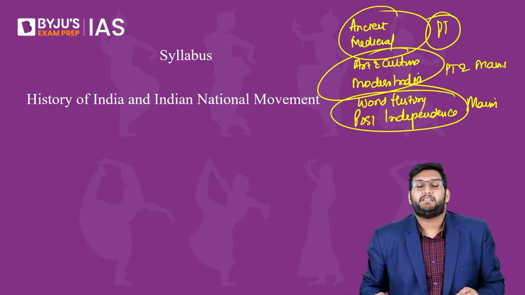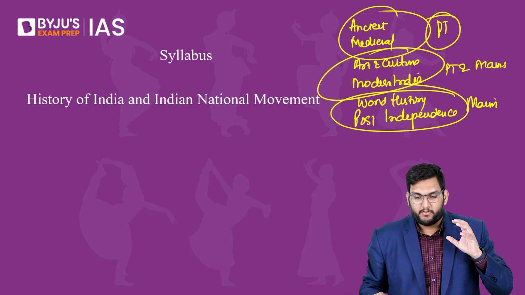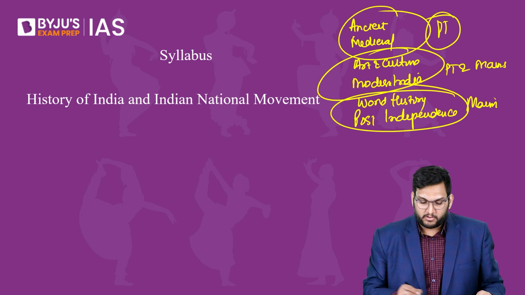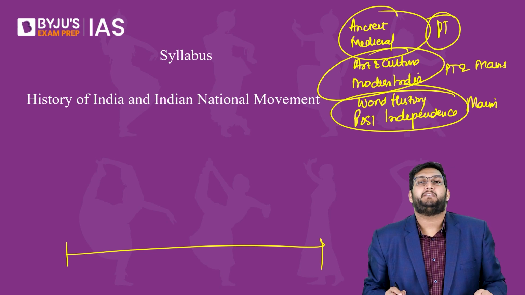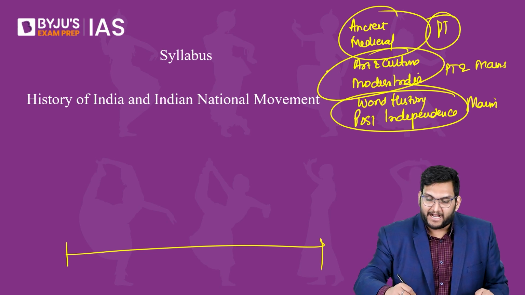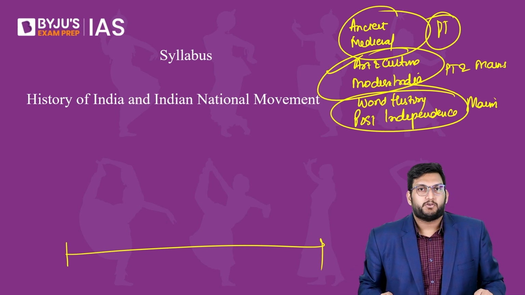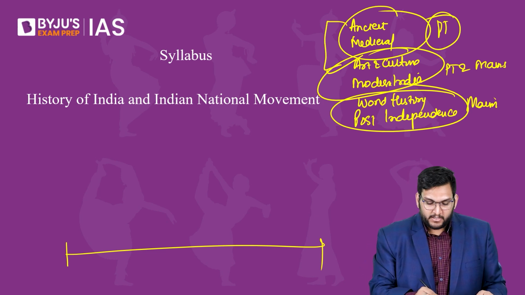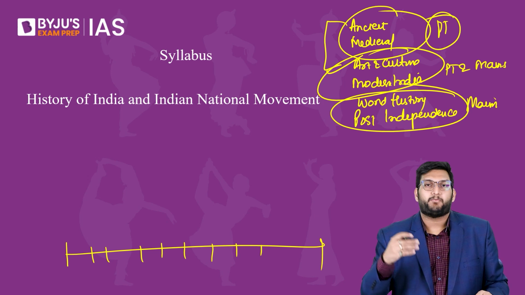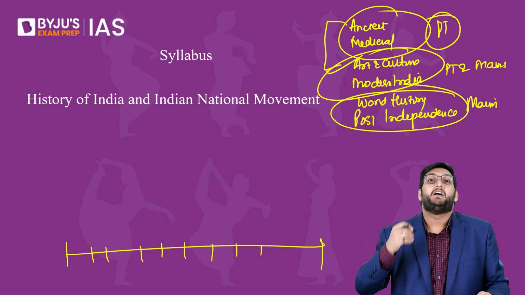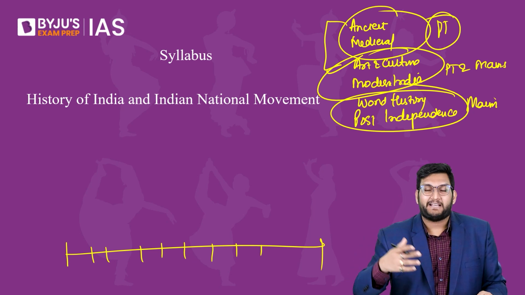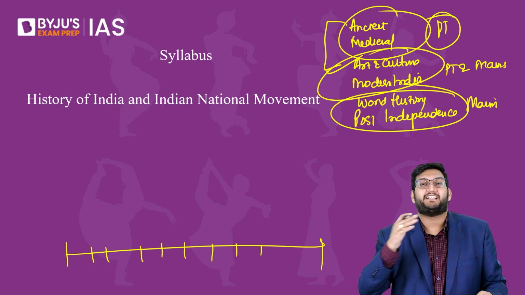You need to understand one thing, which is that you cannot do art and culture without ancient medieval, because the general timeline of ancient and medieval becomes the base on which art and culture should be understood. So this is one set itself wherein the basic timeline, Maurya, post-Maurya, Gupta, Pala, Pratihara, you need to know who these dynasties are, what are their peculiarities, what is their timeline, so that you can understand art and culture.